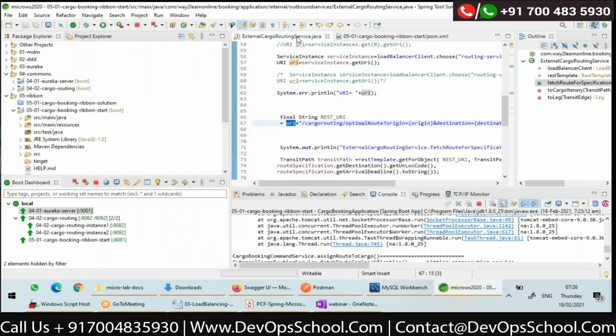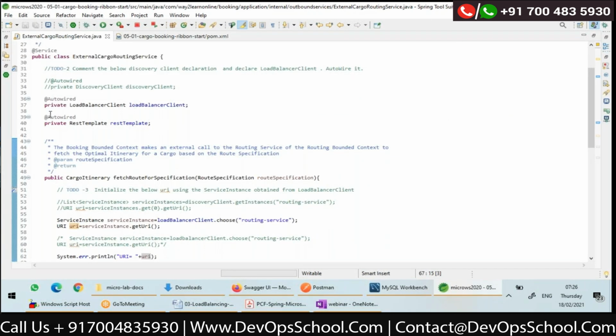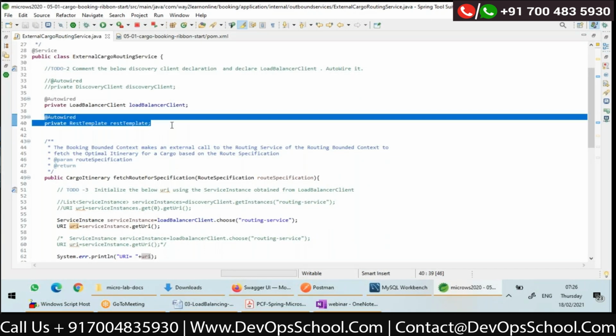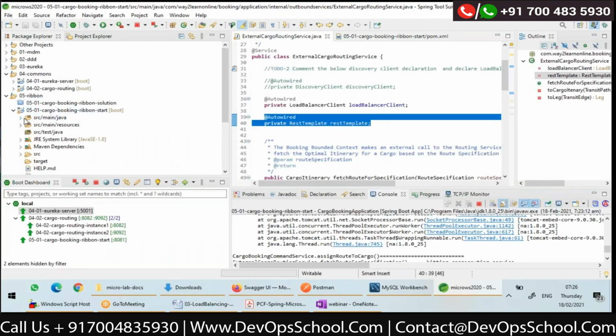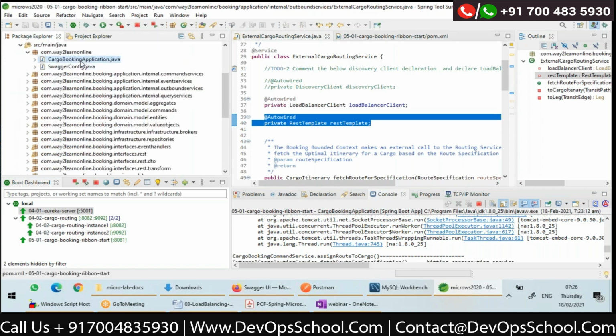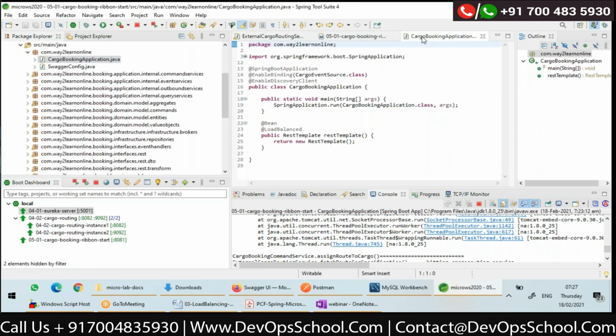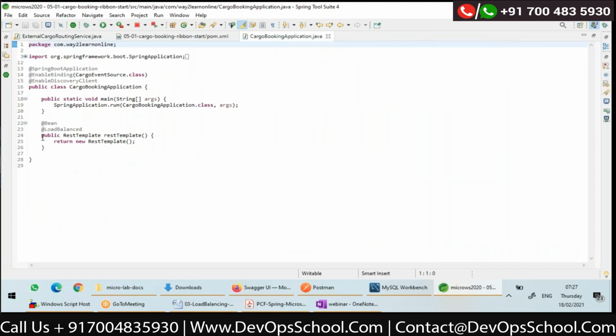So actually here we are injecting REST template, right? Where did we define a bean of type REST template? Actually, it will be automatically defined. But see what I have done here in my configuration. I have configured a bean of type REST template, but I have annotated it with load balanced. I'll just uncomment this. I'll tell you the importance of it, but let me show you by uncommenting it first.